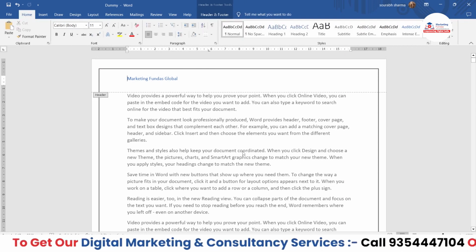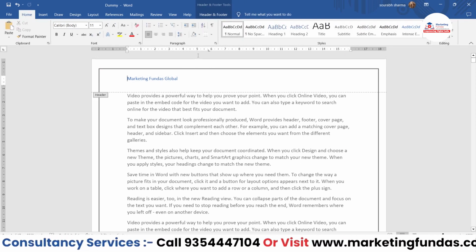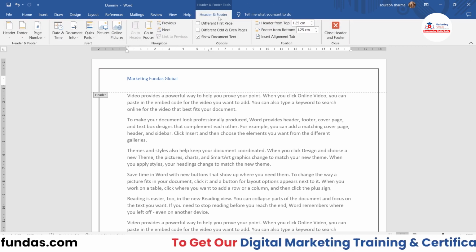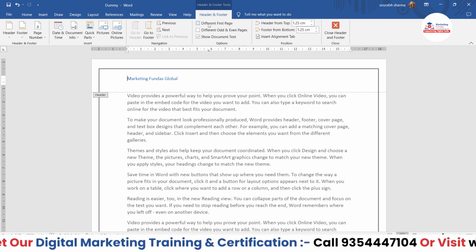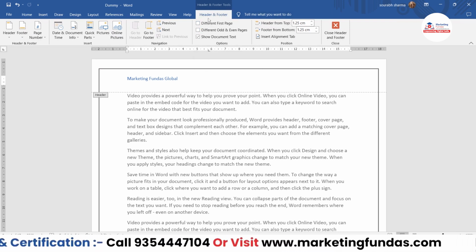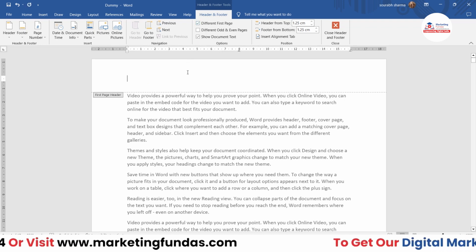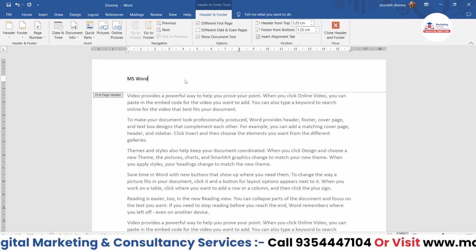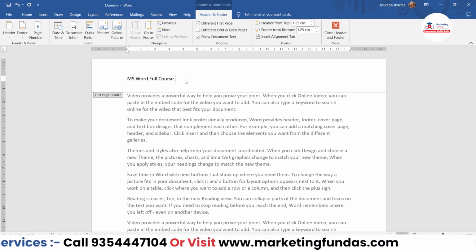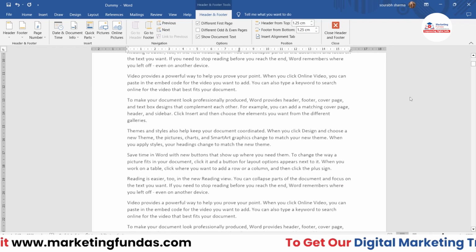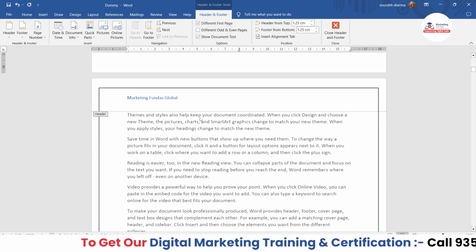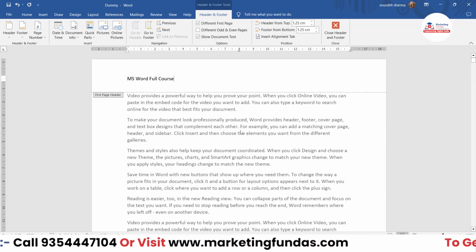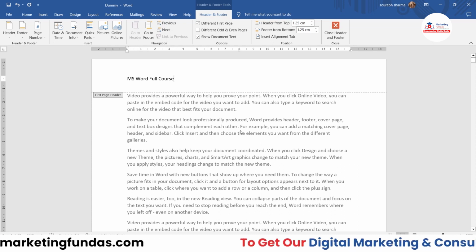Now you might be thinking that if I want to keep my header different in different pages, you can do that as well, but there is some limitation. Like you can choose different first page. Basically if you choose this one, you'll be able to change the first page only, right? Let's say here I'm writing MS Word full course, right? This is the first page. Now if I go to second page, you'll be able to see the old text, which is Marketing Fundas Global. So the first option is this, like you can just change the first page of your document,